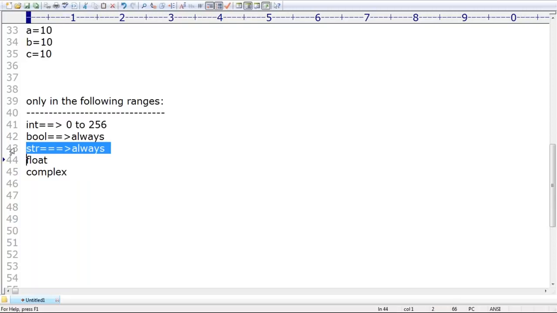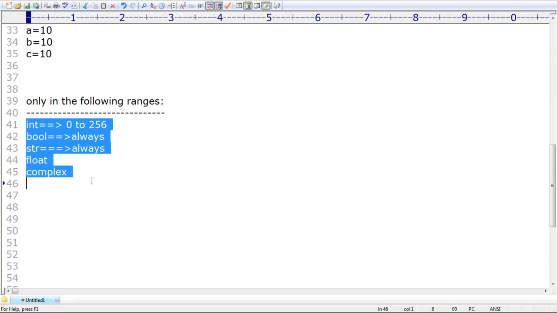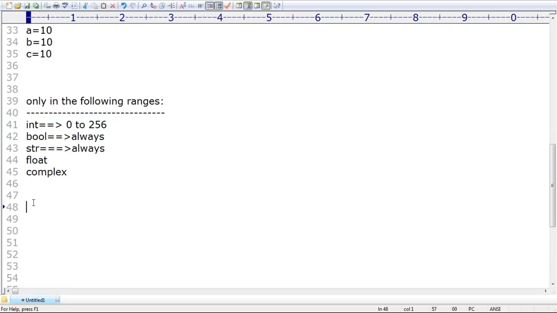Now my question is, why only these ranges? Why are Python people restricted to only these ranges? Anyone having this doubt, please respond. Even for 1000, if I create A is equal to 1000 and B is equal to 1000,